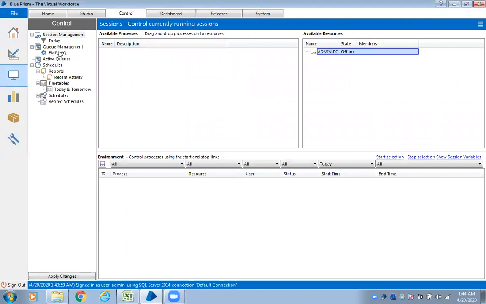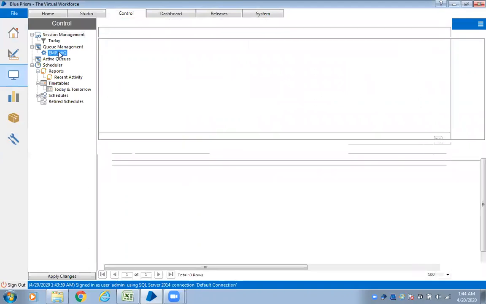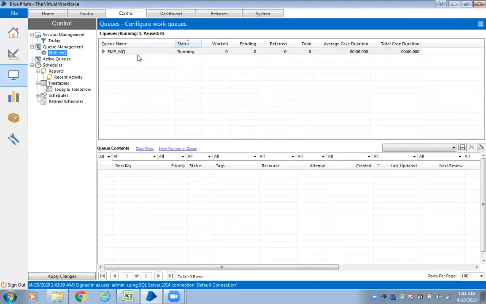Okay, now observe this here. You can see that work queue here. See this queue management, emp_work_queue is available, right? When you click on the work queue, observe this. What is the status of the work queue? Running. Your work queue status will always be in running mode.